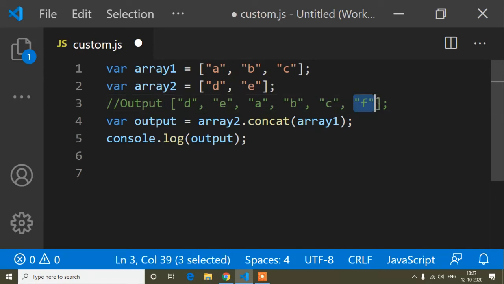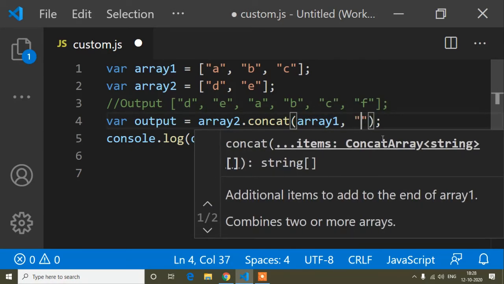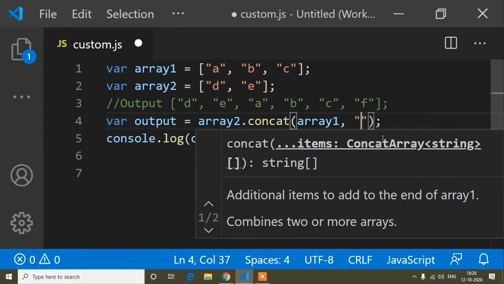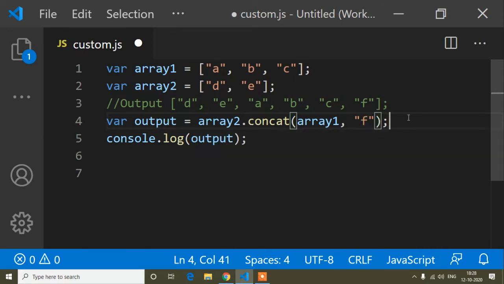Suppose you want to add the external value f. How can we do that? Here you can just add a comma, and the value we want to add externally, like f. You can write this way.